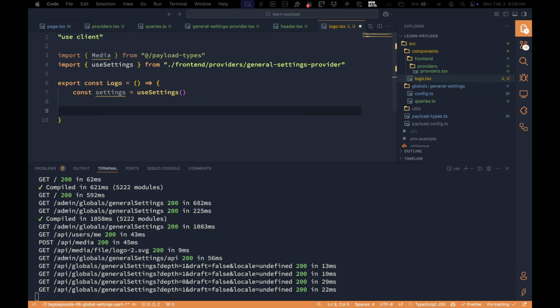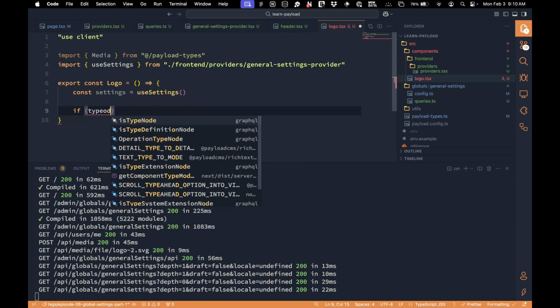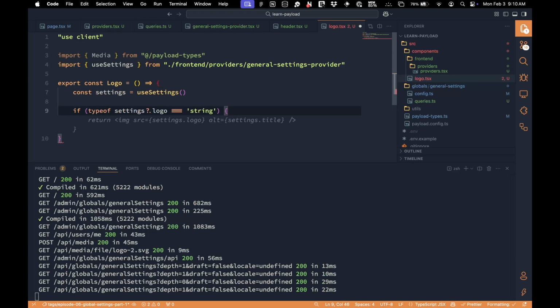But basically what you need to do is, there's a few things. You can just say if typeof equals number, and this again doesn't need a question mark, then you can just return